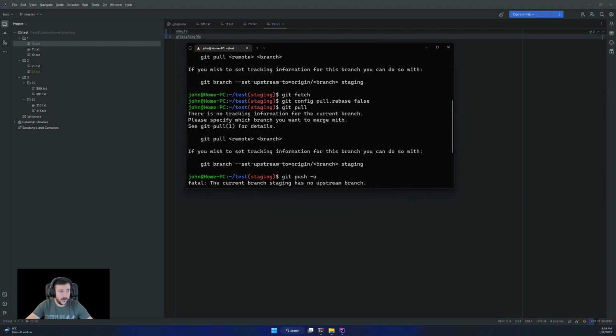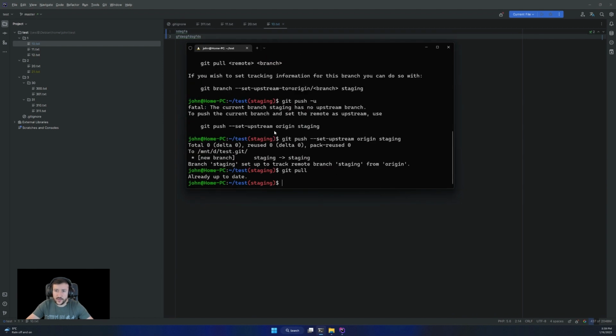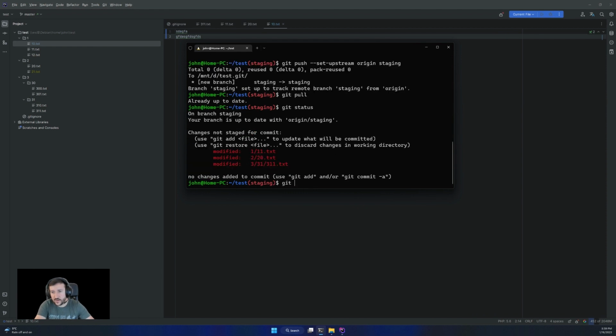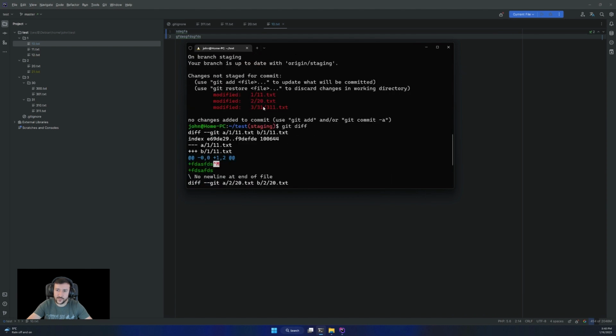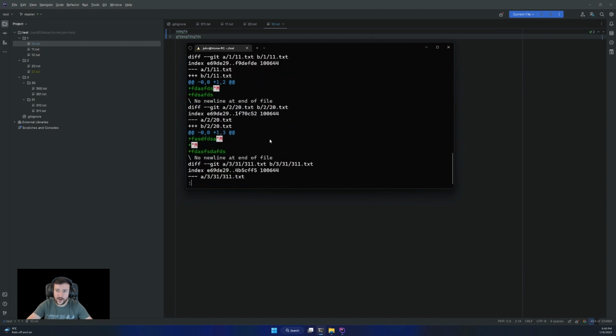And if I want to see what I have in staging, the difference to master, I can use the diff command. Running it simply will show me the changes that I have now in these files that are untracked.